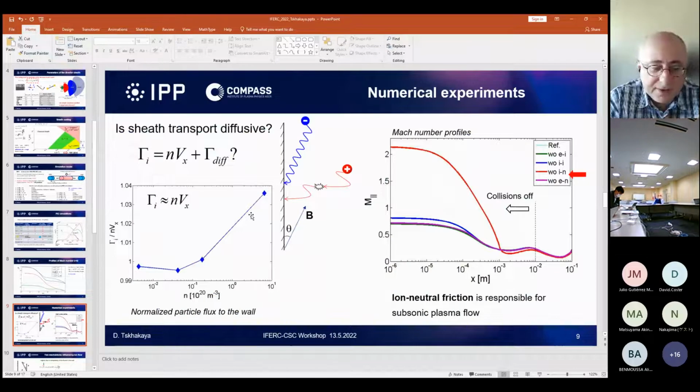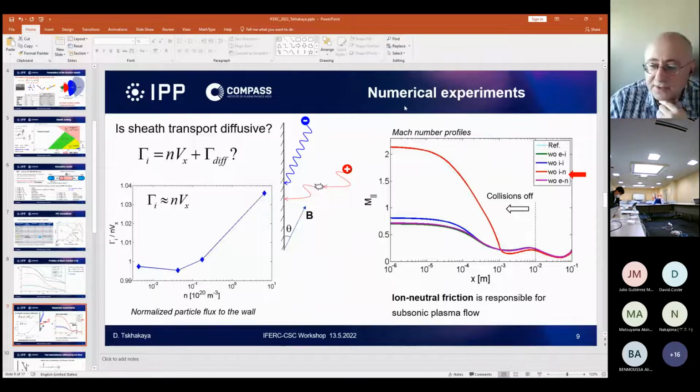First, what came to mind is that when we have collisions, we have diffusion. Let's say diffusion with neutrals, with interaction with neutrals, and so on. But we excluded this immediately because we consider the total flux of particles to the wall and then compare it with just the convective flux. And we find out that we have a very small contribution of the diffusive one, less than 2–3%. So it means that this diffusive flux cannot be a real contributor to the increase of the Mach number, so to the fact that the plasma is not sonic anymore.